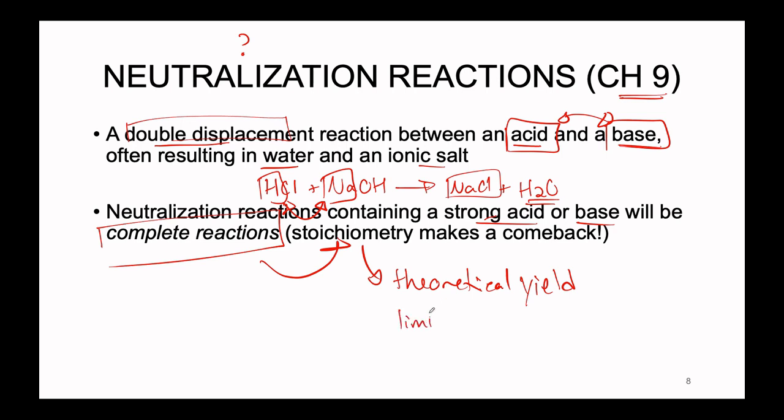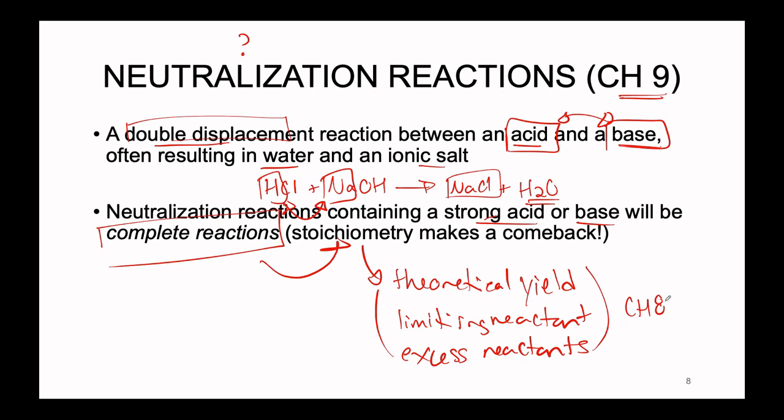We have limiting reactant. We also have excess reactants. And all of the calculations for determining theoretical yields, limiting reactants, excess reactants, all of this we learned when introducing stoichiometry in chapter 8 and employed it really the first time in chapter 9 when we introduced precipitation reactions, acid-base